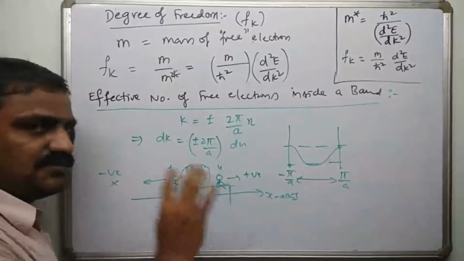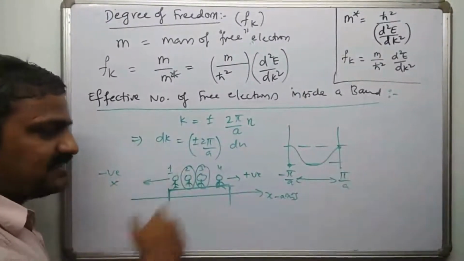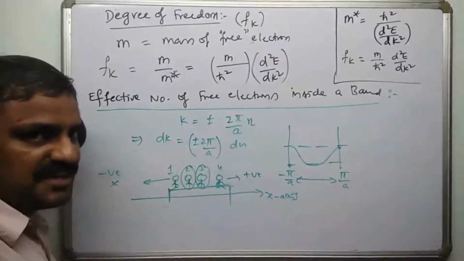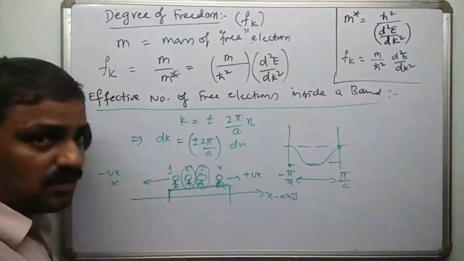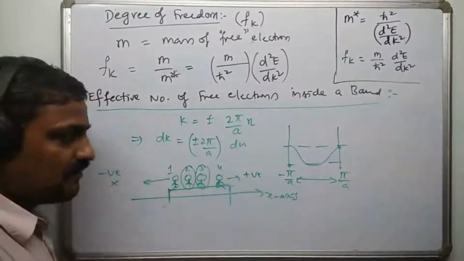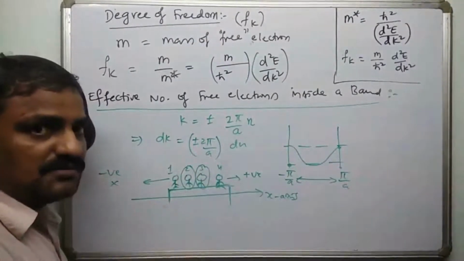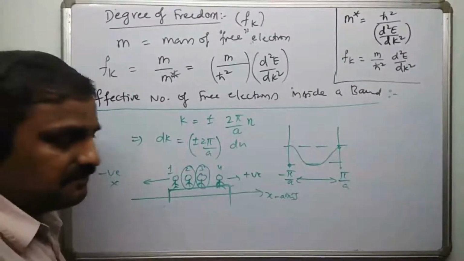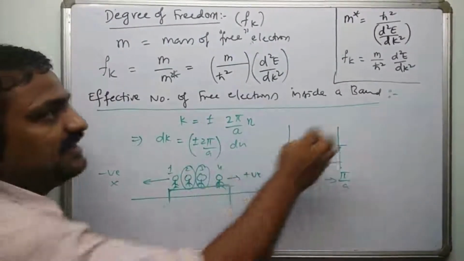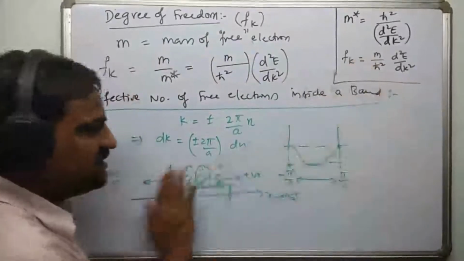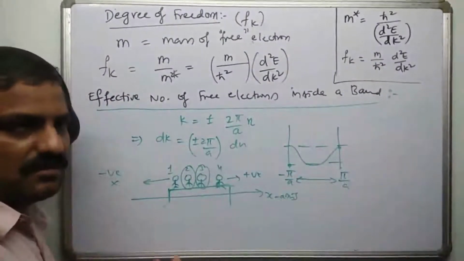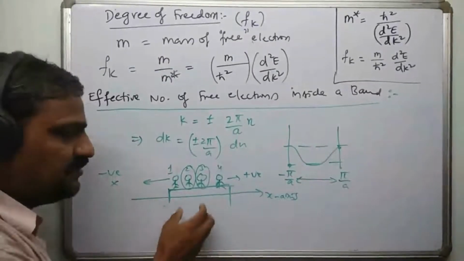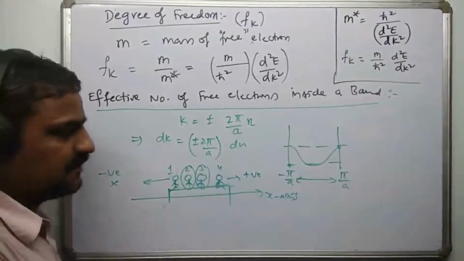See, if you imagine these 4 are the free electrons, actually all electrons need not enjoy the same freedom, right? So some electrons with more energy or because of their quantum state may have more freedom, and because of some other quantum state, some electrons may have lesser freedom. That's why we have defined a degree of freedom Fk term here. See, this is a classical analogy. Please don't take it too literally. Just to understand this concept, I'm giving you a crude example with the students.